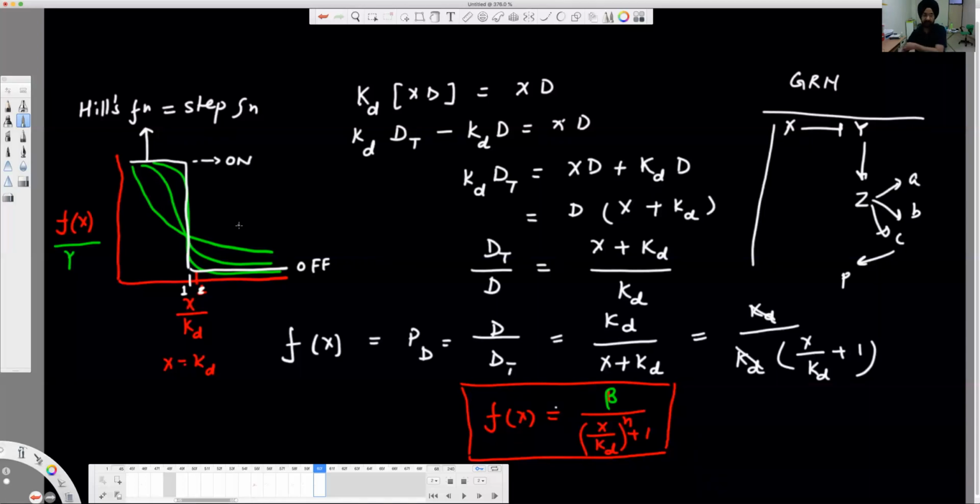Okay, because it simplifies the calculation. Now instead of using Hill's function, or f of x in this form, you can use it as a binary function. So now you can write f of x as follows: beta times theta, or if you scale beta to 1, the maximum value of 1, then you can skip this. Now it's just a binary function, which is theta.